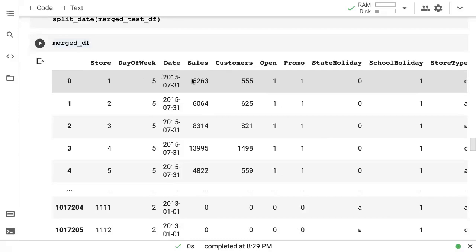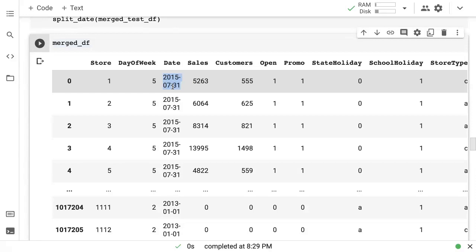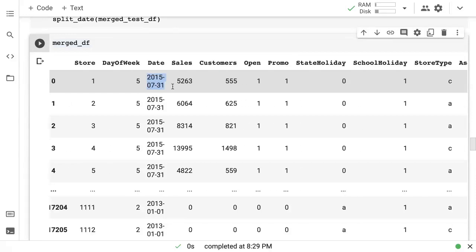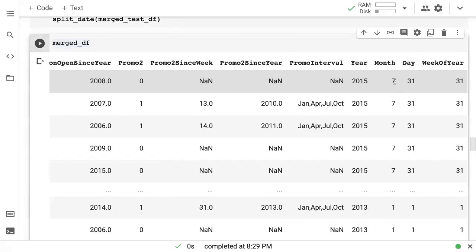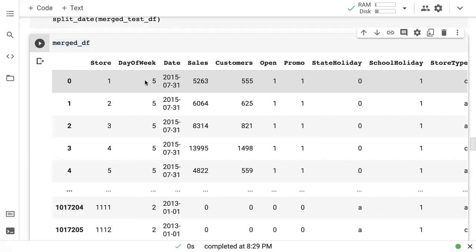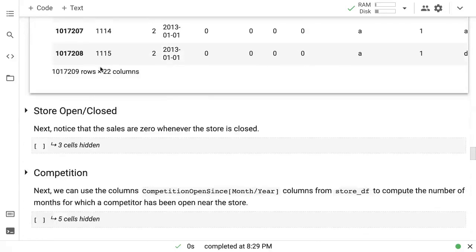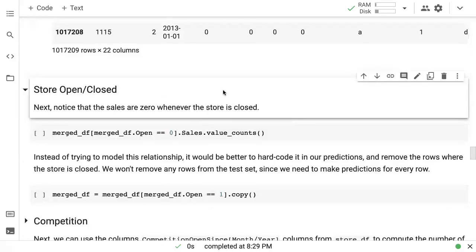And this is essentially what feature engineering is. A model may not be able to make a lot of sense out of a string like 2015-07-31, or even if you convert it to a number of some kind. But once you put it in this format, you are now helping your model. A model will be able to figure out a lot more, because now it can pick up monthly patterns. Now it can pick up patterns that happen through the month, so the daily patterns. Now it can pick up the weekly patterns over the year, and it can also pick up the pattern during the week. So all of these patterns can now be picked up by our model. So that was one useful thing to do.